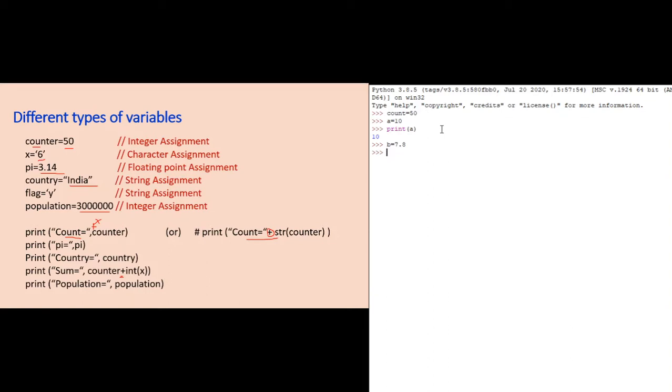And we can reassign the values to the variable with different data types. For example, already I have initialized a with 10. Now if I want to store some other value, a equal to 56.90, this can be overwritten. Now the data type of a is a float and not an integer. Similarly, if I want to store a character, this can be done like this, s equal to, within single quotation, character. So any character, I am giving it as G.